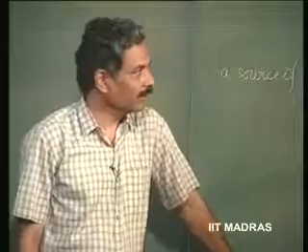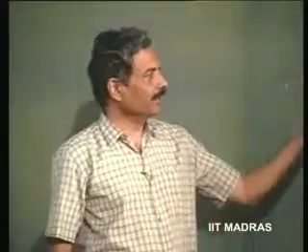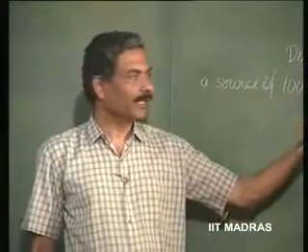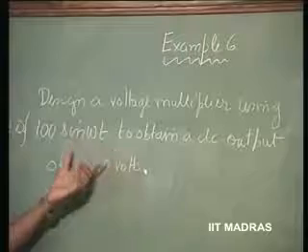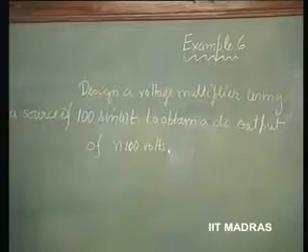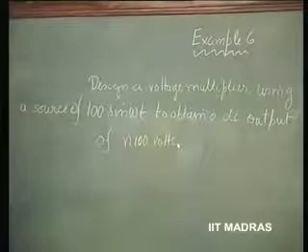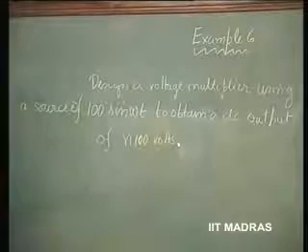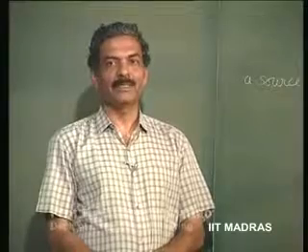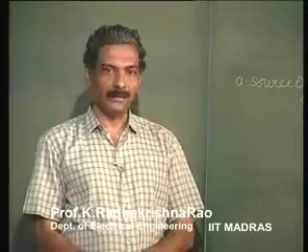In the last class we saw how we could convert an AC, something like 100 sin omega t, into a DC using a diode and capacitor combination. And we said we could also use the same concept in order to clamp any AC voltage to a specific DC value, 0 or otherwise. Now, the same idea was then put to use in designing what is called a voltage multiplier.